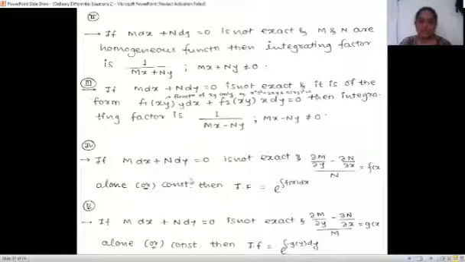Next is m dx plus n dy, an equation that is not exact, and we find dou m by dou y minus dou n by dou x, and there is something common with n, then we divide by n and we get some function like f of x. Then the integrating factor is e raised to the integration of f of x. Similarly, if we divide by m, we get some g of y, and then the integrating factor is e raised to the integration of minus g of y. Or here only we can divide by minus m, and then there will be no negative sign.